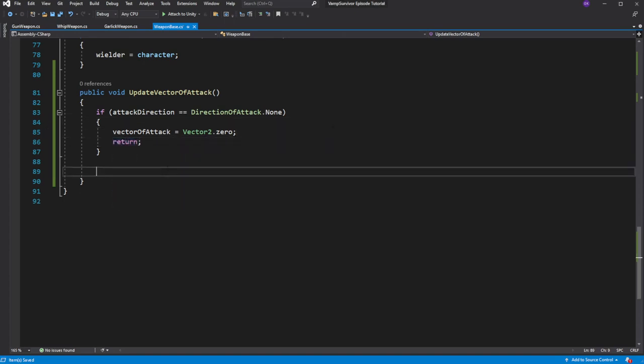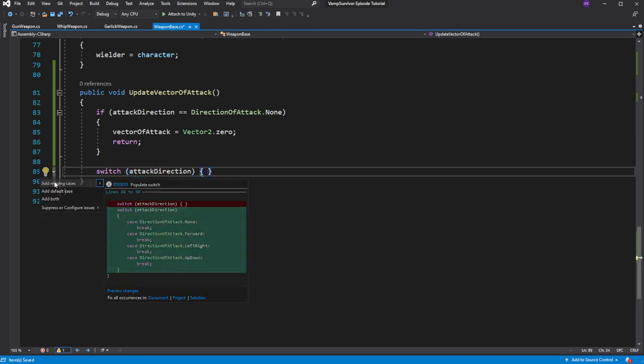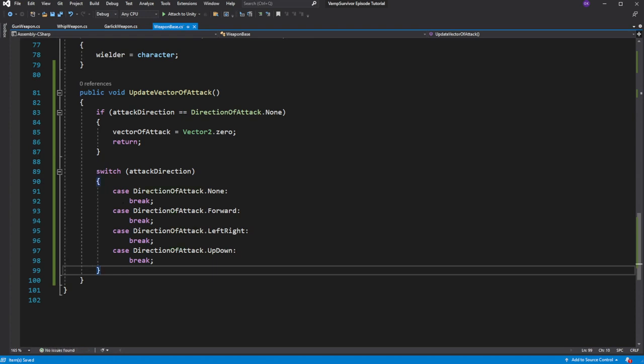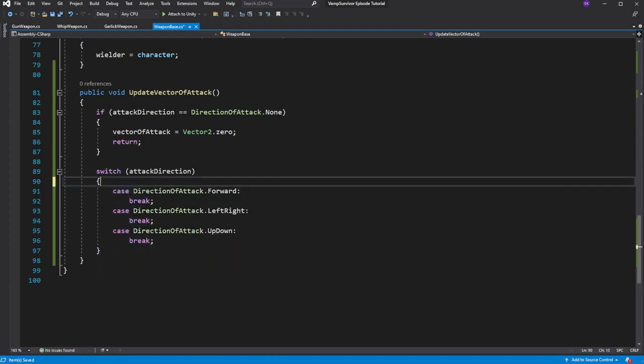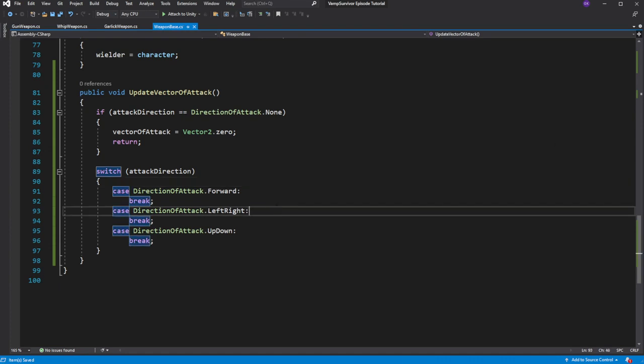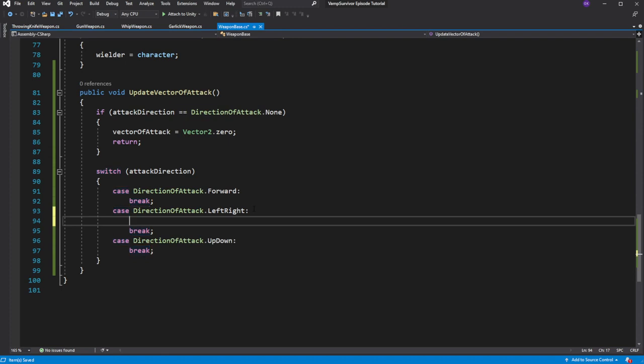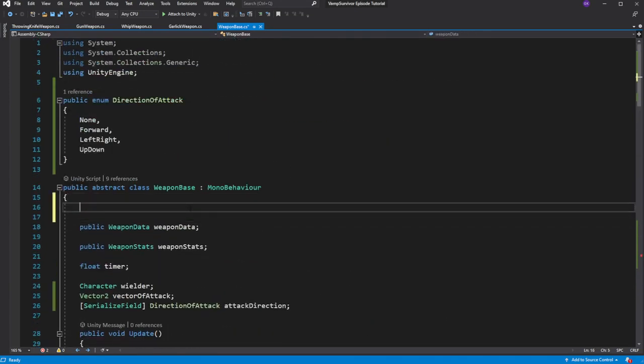Now we want to make left and right throwing direction. To calculate the vector of attack, we need to catch the player move, because that's what handles the direction of our player movement.